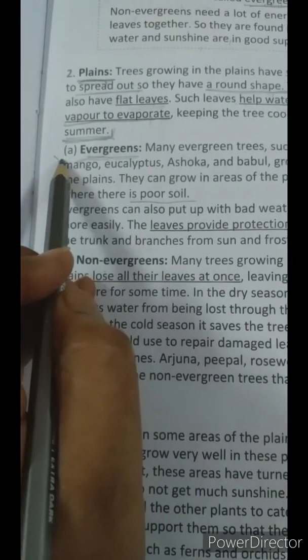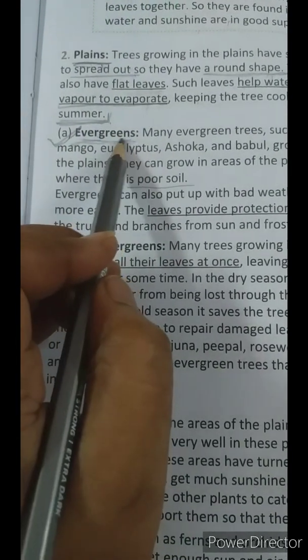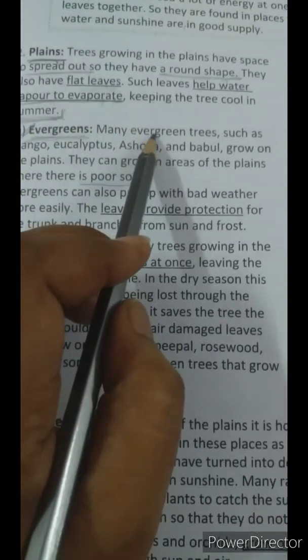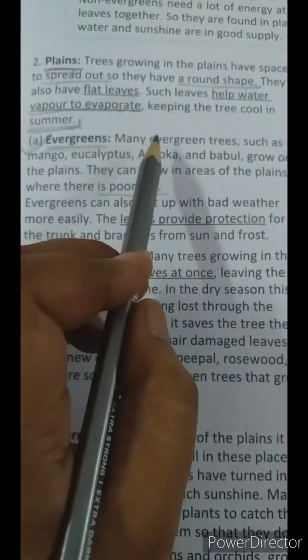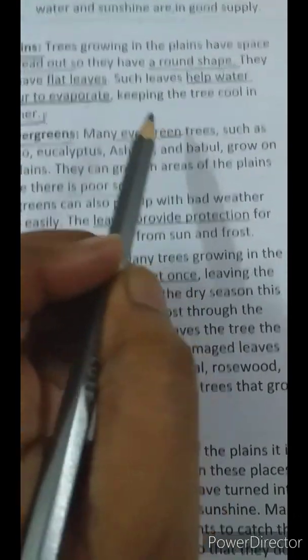This is the first kind of trees that are found on the plains, and it is called evergreens. First, let me tell you what evergreen means. I've already explained this to you.